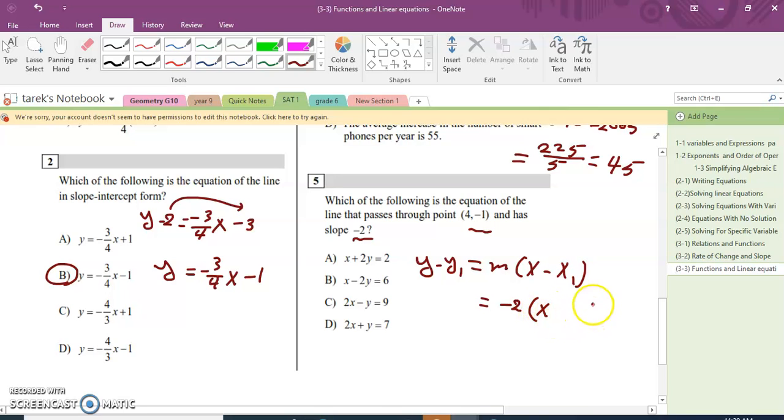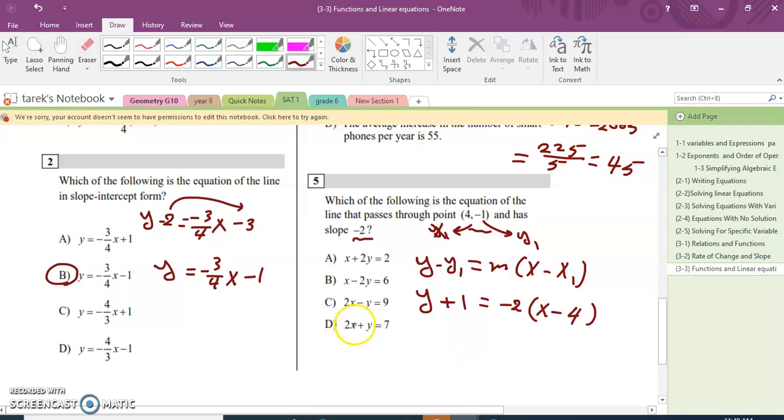Keep the x, keep the y. Where is the y1 and x1? This is the x1 and this is the y1. So it will be y minus y1, which is -1, so it will be +1, equals -2 times x minus x1, which is 4. This is the equation, but you need to simplify it